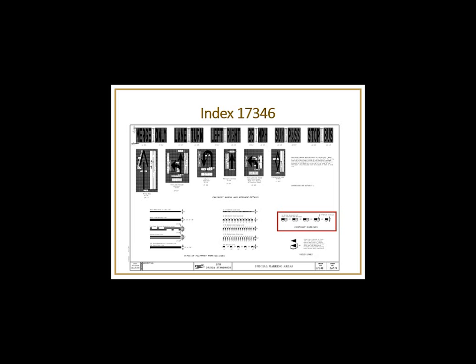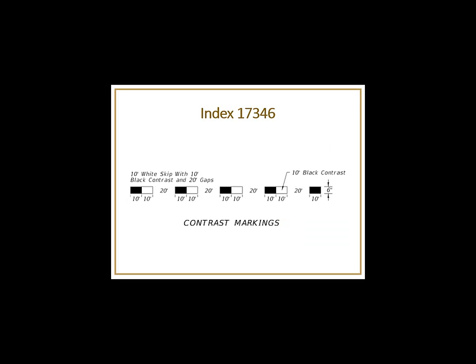For consistency, when we looked at the pavement markings selection guide, we wanted to use one type of contrast marking. This shows the contrast marking that we decided on. It is the 6-inch wide by 10-foot black contrast trailer. We decided on this option for 2 reasons. Since most of the contrast markings are generally permanent tape, we selected this option since all the tape manufacturers offer